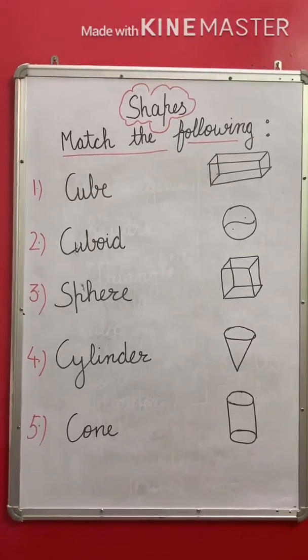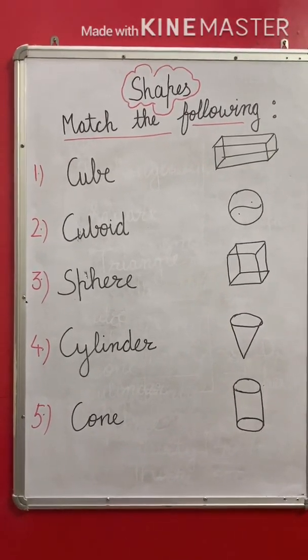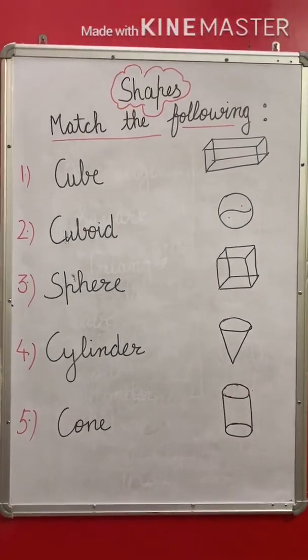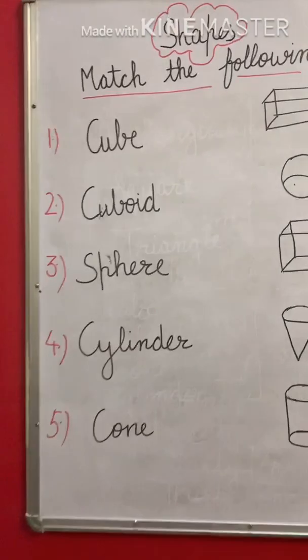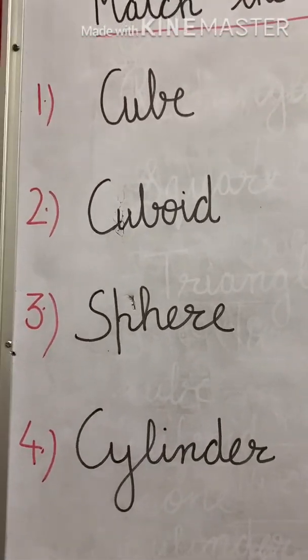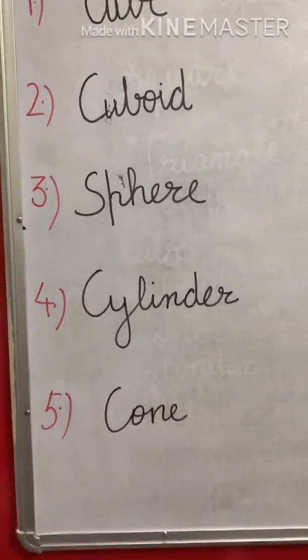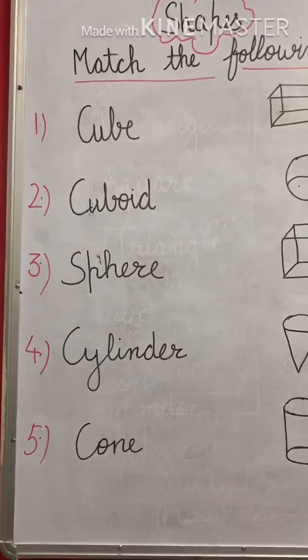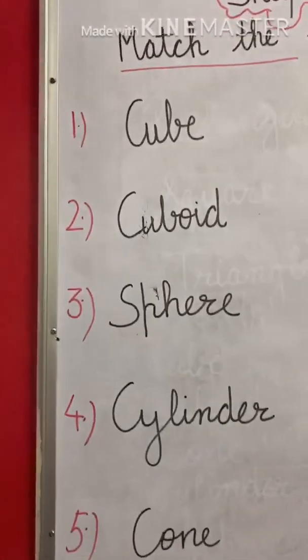As these days we are doing shapes in mathematics, so let's recognize and match the shapes. As I have written the names of shapes here, we discussed in the previous video the shapes which we can hold, the shapes which are solid objects are known as 3D shapes. And there are few examples of 3D shapes.